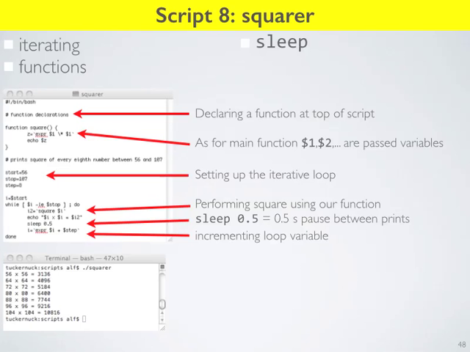And so I now becomes EXPR $I plus $step. And so it's going to be 56 plus 8. And so we're going to increment this up to 64. And so the next time we roll around this loop, we're going to be squaring 64. Okay, so that's the script. There's a few things going on. It's not a super simple script, but it's a very nice script in that it's illustrating lots of very clean ways to do some programming.